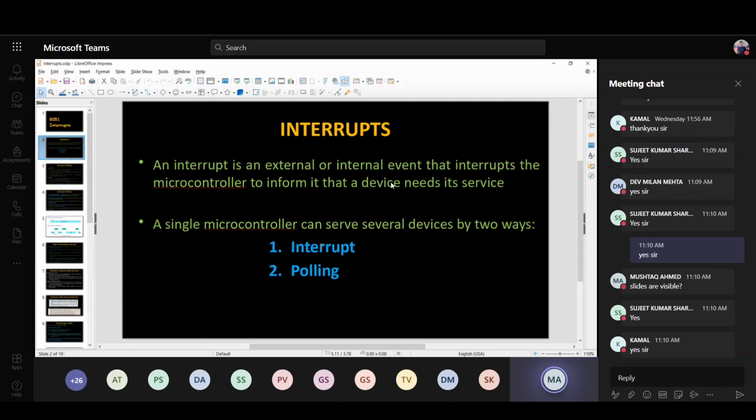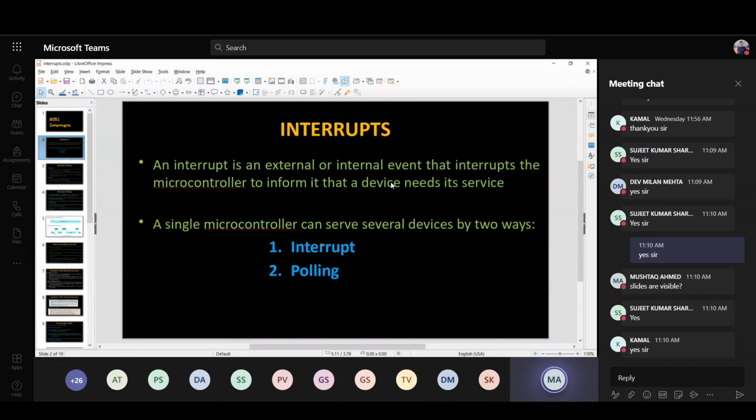After that, you check your WhatsApp group to see whether a new notification came or not. Then you check another thing, whether there is a new task or not. This type of method is called polling, where the CPU stops its current work and looks at all the devices connected to it to check whether these devices want to communicate with the CPU or not. In polling, the CPU wastes much time checking devices whether they want to communicate with the CPU or not.